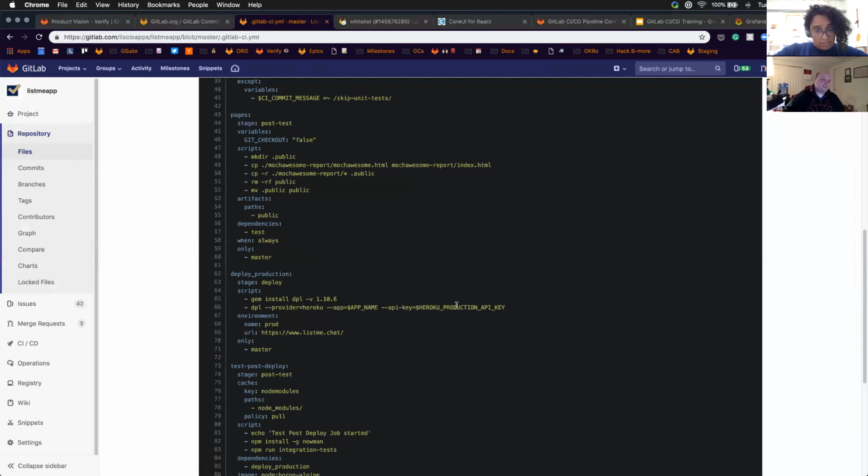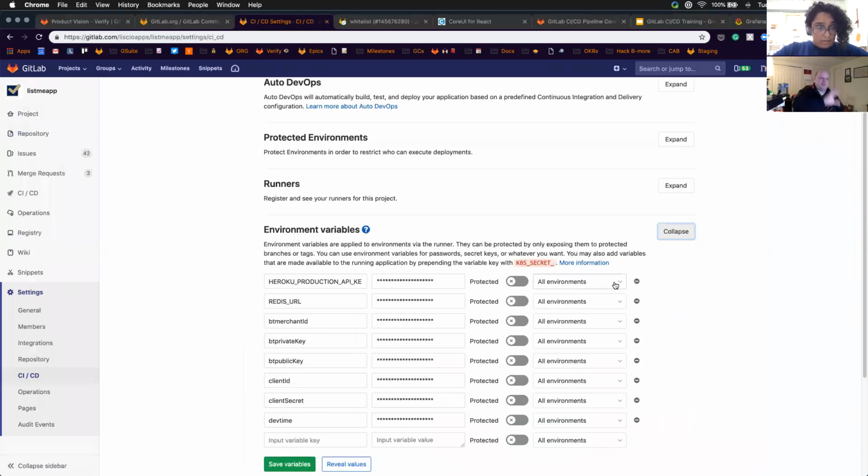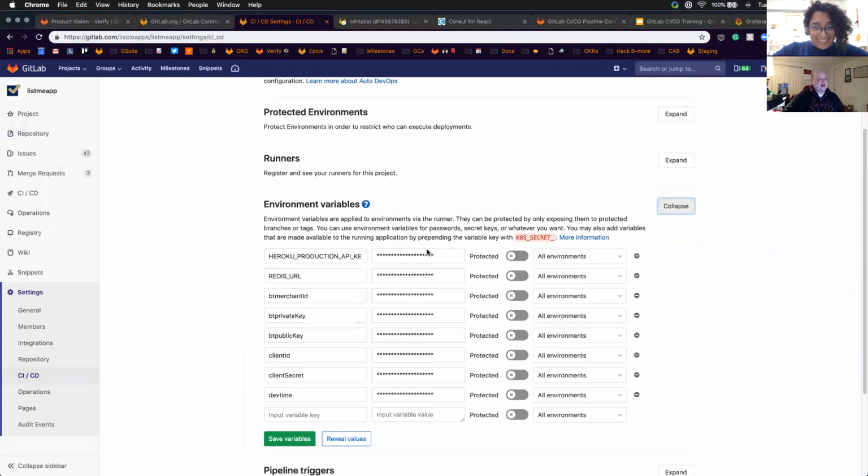But this you can see is just like an environmental variable, right? And so those are called CI/CD variables. We used to call them secret variables. We don't anymore because, by default, they're passed as an environmental variable to your pipeline. So in a lot of ways, they're not secret in that way, but there are ways that you can protect them. And so here you can see I've got all of these variables, which I won't show on the video,